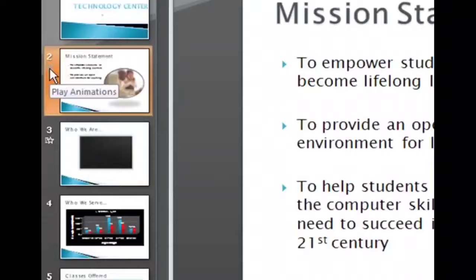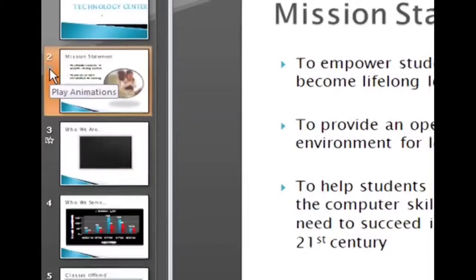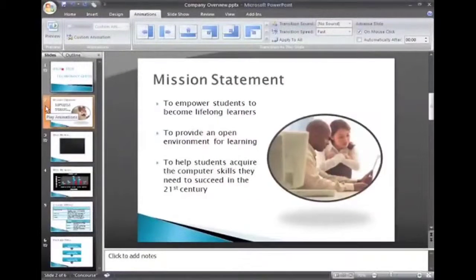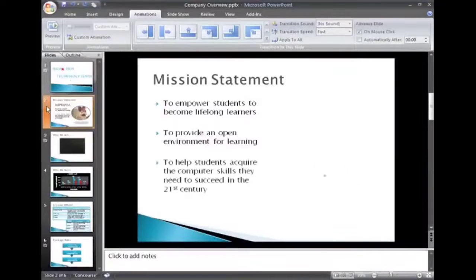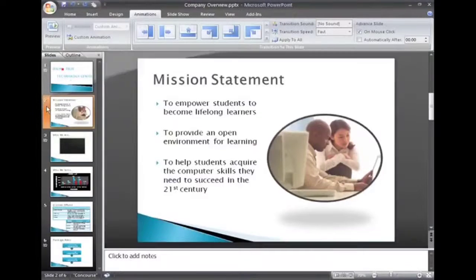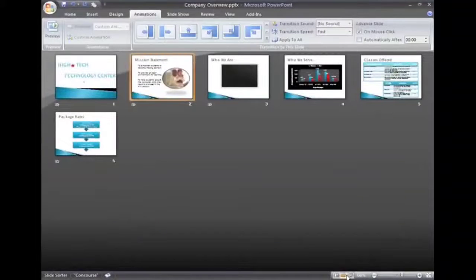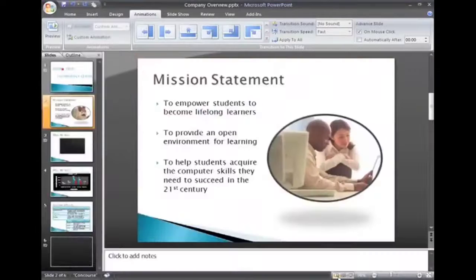Then after selecting the slide, same way click the transition menu, then click on the transition you want and apply it. Okay, then see, any transition is applied on the slides and the animation is applied on the contents of the slide.